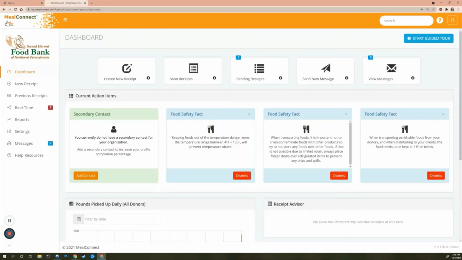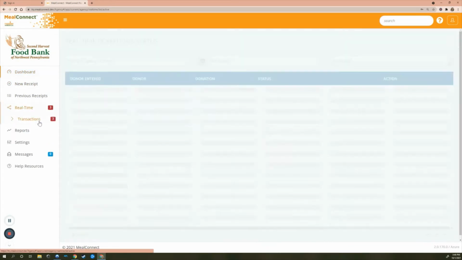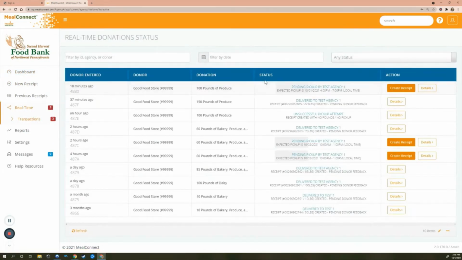Once you've signed in, you'll see your agency's MealConnect account page, and we'll look over to the left-hand side of your screen for the menu options. Since we're creating receipts for real-time donations here, we'll want to make sure we're clicking in the Real-Time tab rather than this new receipt button that's actually meant for scheduled donation pickups, and those are a bit different than real-time donations. So we'll click into this tab and click Transactions to find that real-time donation we want to create a